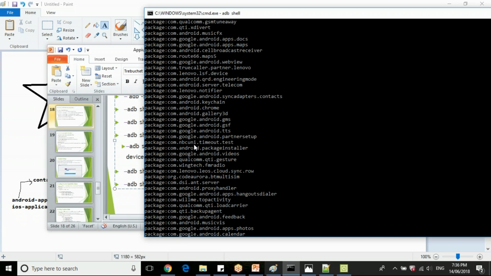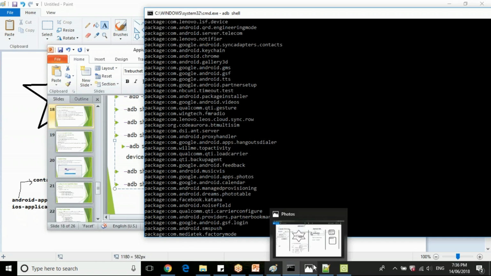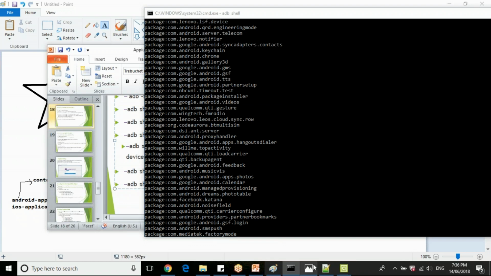Either you can check in this way, or you have an application on Play Store. So let me launch my screen here. You can navigate to Play Store here. Check for the current activity application.